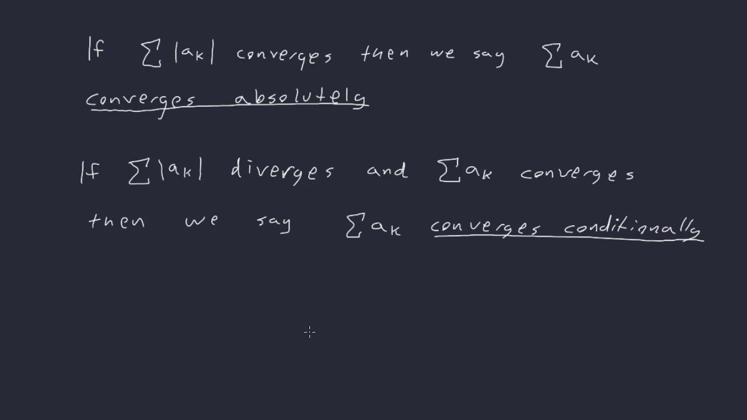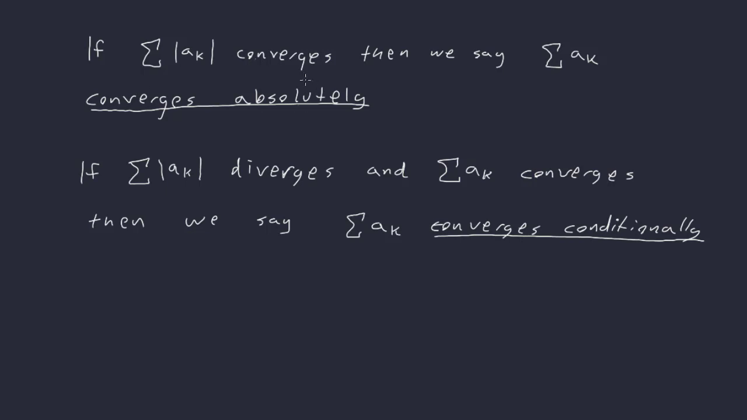Okay, so next up, I'm going to talk about that if we take the series of absolute values of a sequence and that converges, then we say that the original series converges absolutely. However, if the series of absolute values diverges and our original series converges, then we say that this original series converges conditionally. I'll be honest though, I don't typically use this terminology very much. However, absolute convergence is very important. And